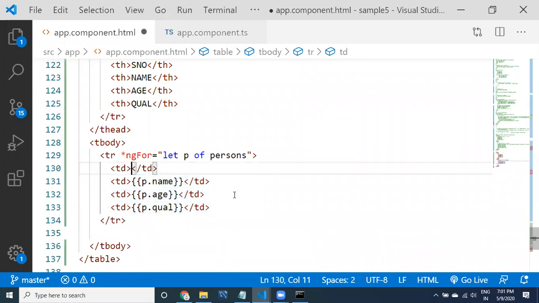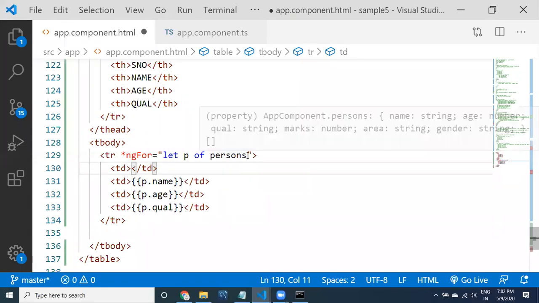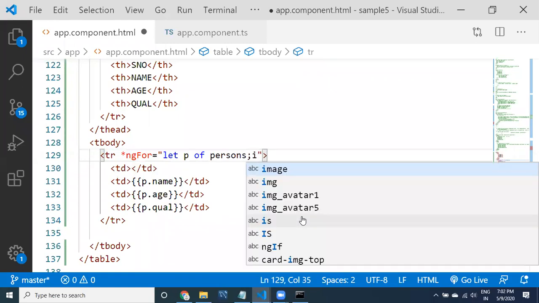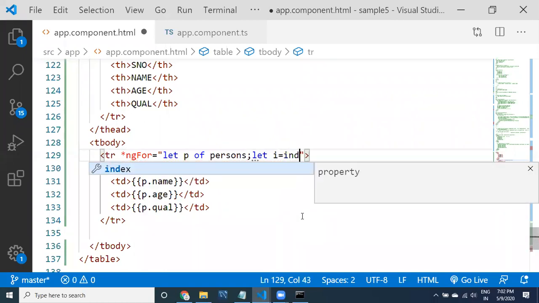But the first one is what? Serial number, right? Where can I get serial number? When we are working with loops in Java, int i equal to 0, i plus plus, every time i is going to get incremented. Such an incremental value I'm looking for. By default the i value is not available, so to provide it, put a semicolon, then let i equal to index.